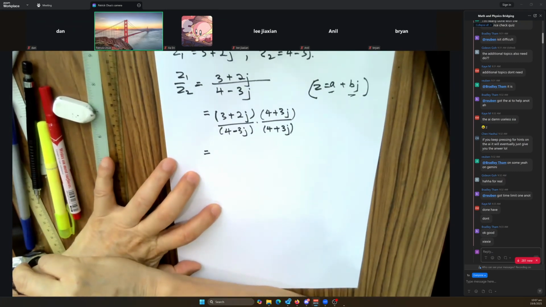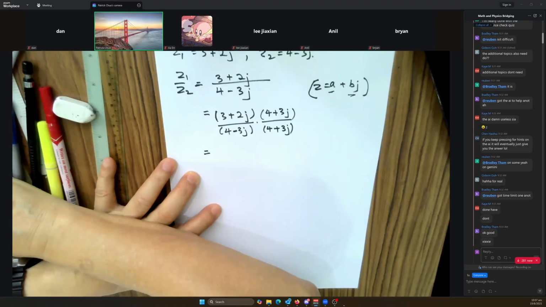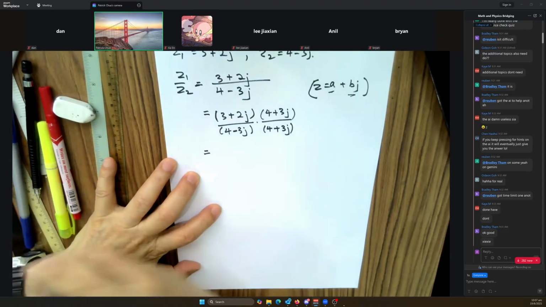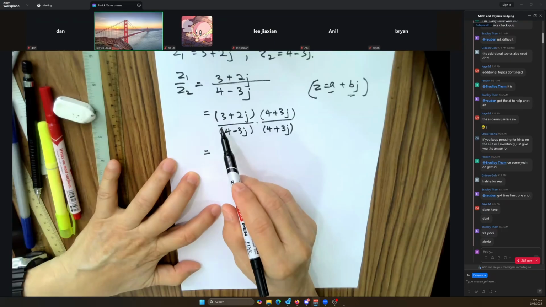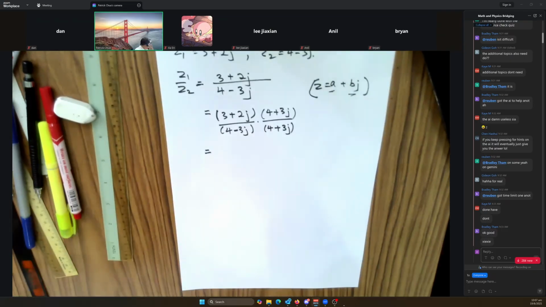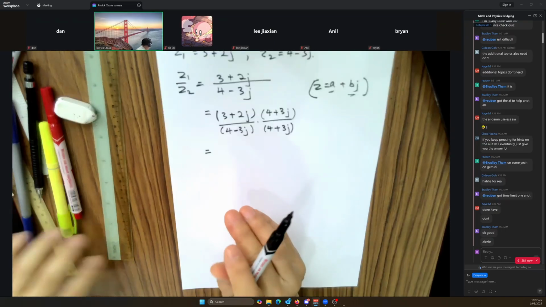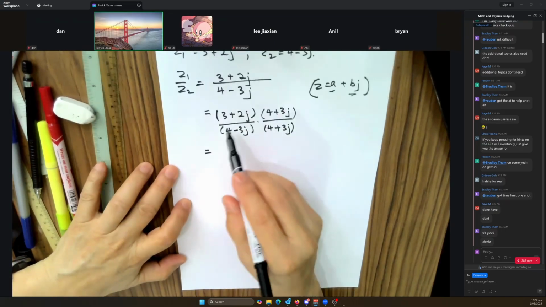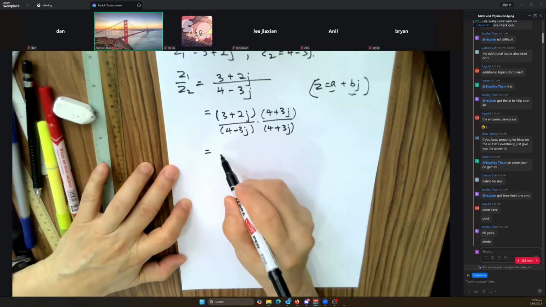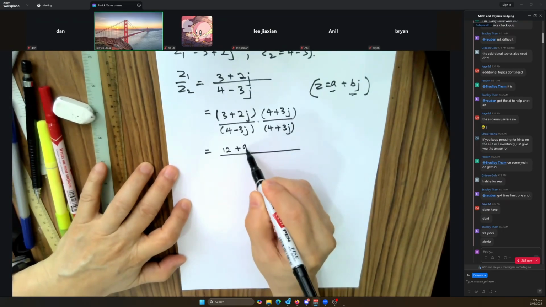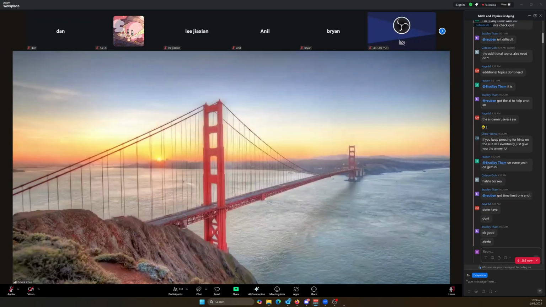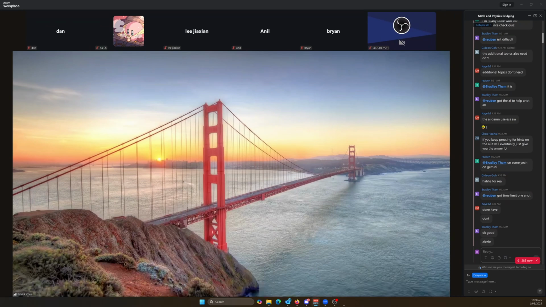Then the next step is we just expand them. So now for expansion, as I've done earlier for question 2, you just expand them. Okay. So when you expand them, the numerator, you will have 12 plus 9j plus 8j plus